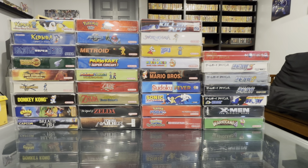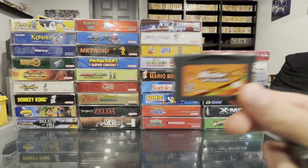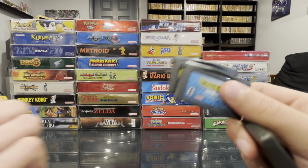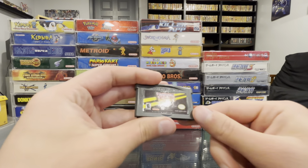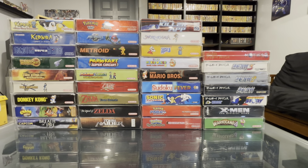But when I say I was 6 years old when I had a Game Boy Advance, you can tell that by the fact that I had games like Shark Tale, Herbie Fully Loaded, Monsters Inc., Shrek 2. These are my original games I had as a kid. I never traded them off or sold them, probably, but I mean, I was 6, so, you know. I also had a little racing game, which I didn't know anything about at the time, Road Trip, which is one of those Choro Q games, that Japanese series, the Penny Racers. Those are some of the games I had as a kid. But going through my collection,